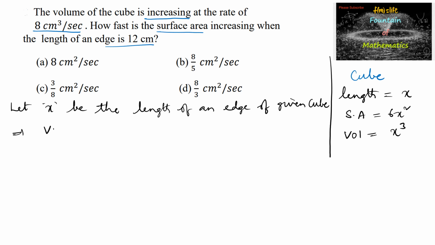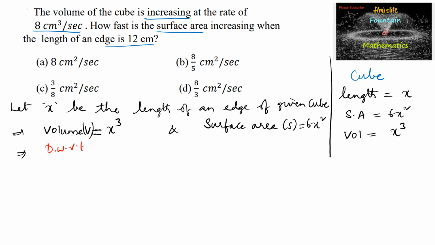So the volume V is equal to x power 3 and surface area, let us consider capital S is equal to 6x square. Now differentiating with respect to t, so we'll get dv by dt is equal to